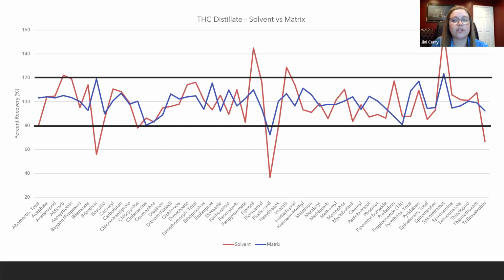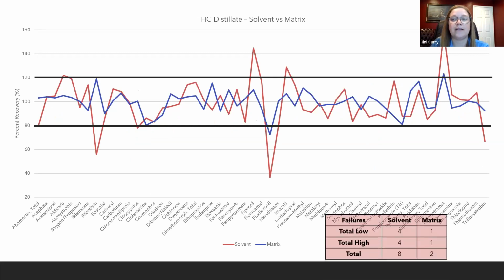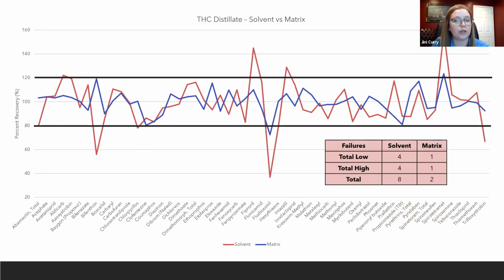This one is going to be a THC distillate. So this product was probably about 80 to 85% delta 9 THC. And so you're seeing here that 8 and 2 failures. If you're running pure distillate, it may not be as impactful, but you do still have to take this into